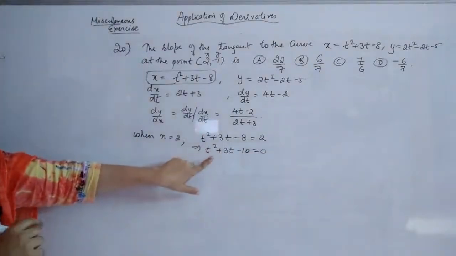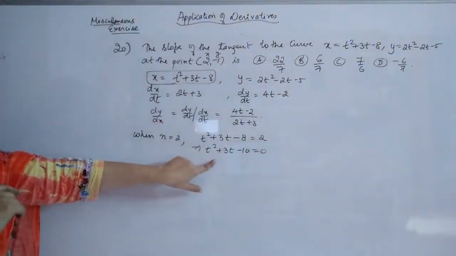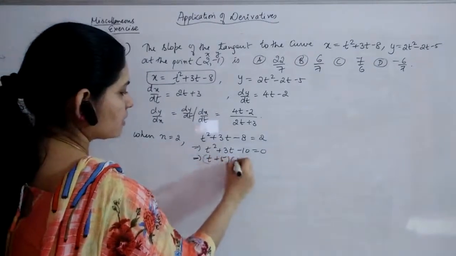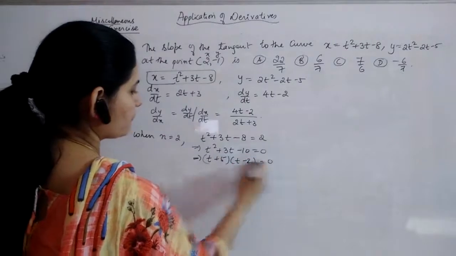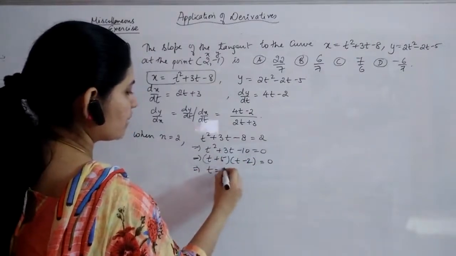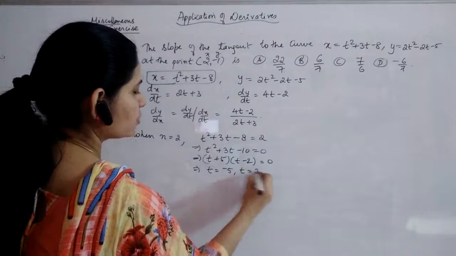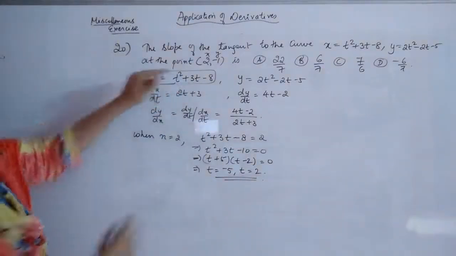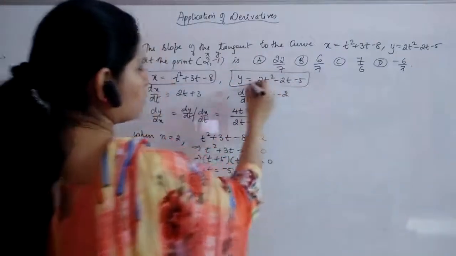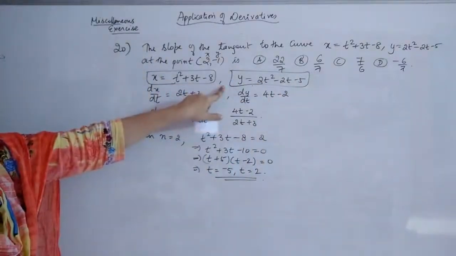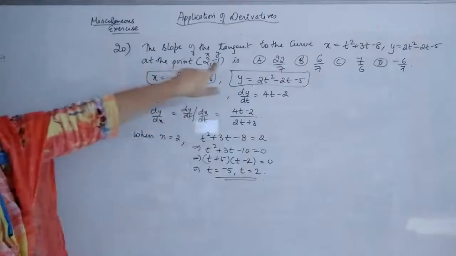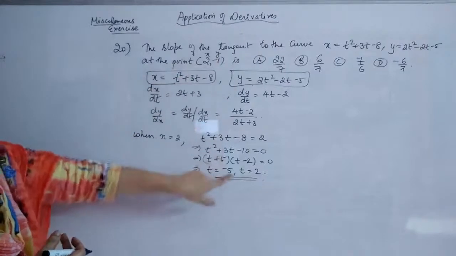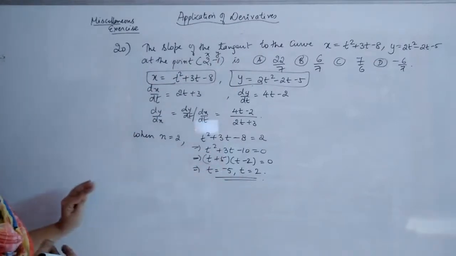Now the two solutions, or two values for t: t plus 5 into t minus 2 will give you t is equal to minus 5 and t is equal to 2. So these are the two values for t. Now what you need to do is, in y we will just replace the value of t one by one, and which will give you the satisfactory answer, that is y should be minus 1 when you are replacing the value. So which value will give that will be the value of t taken.